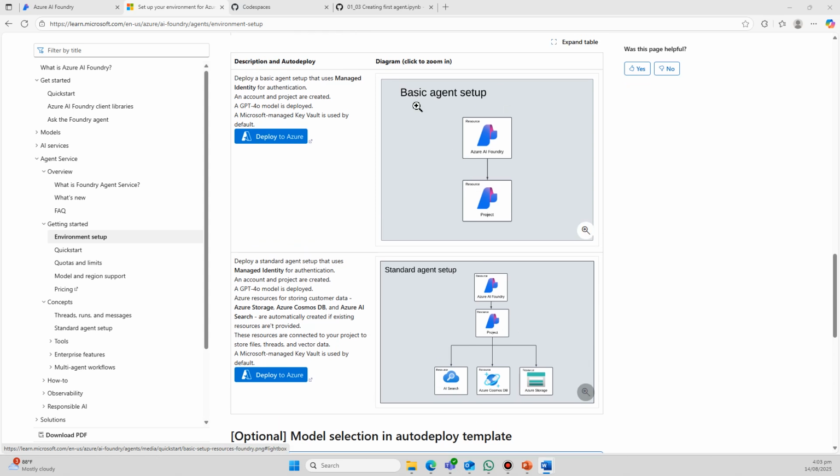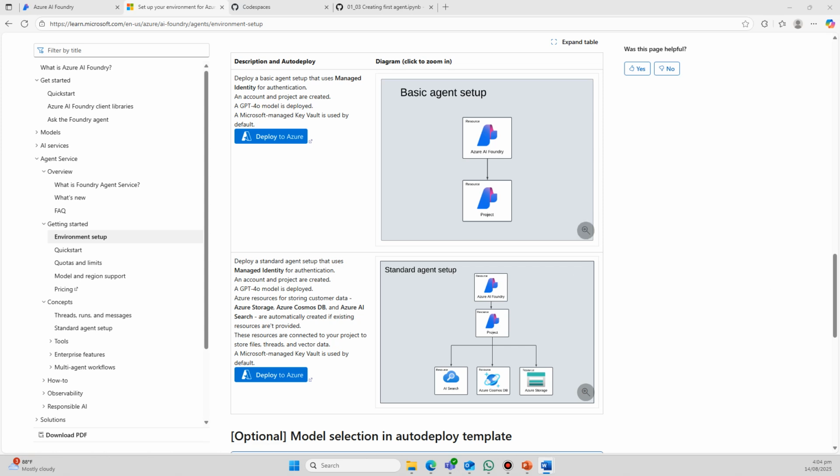As you notice with the basic agent setup, you don't have any of that. So any files that you upload, any user interactions and system responses that are provided by the system, you will not be able to see them. It's stored somewhere. Microsoft manages the storage, but you'll not be able to see it in raw form.